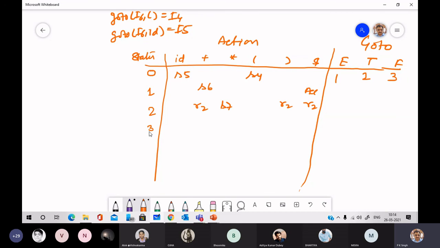Similarly, you can construct state 3. You complete it. Is it understandable to you?